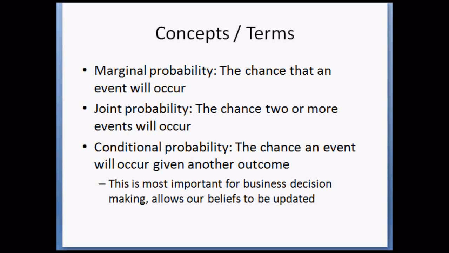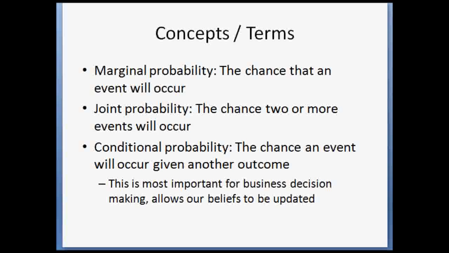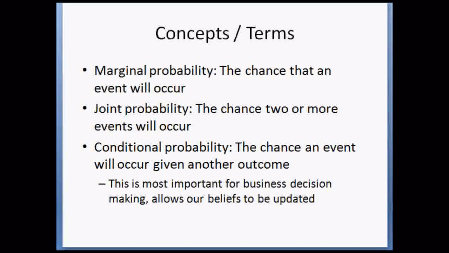Given I eat cornflakes, the chance that I get heads is 1/2. So that's a conditional probability, the probability of heads given some information. These probabilities are most important for business because it's how we update our beliefs. So I can say, what's the probability that a product will be successful? Maybe that's 50%. But then we can say, what's the probability that a product is successful given it has had